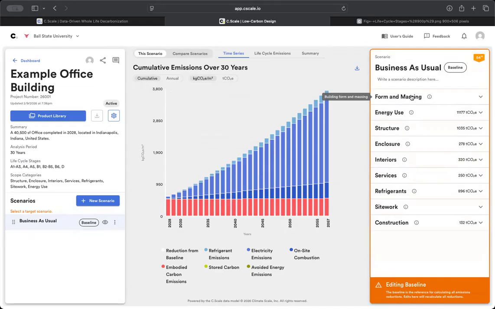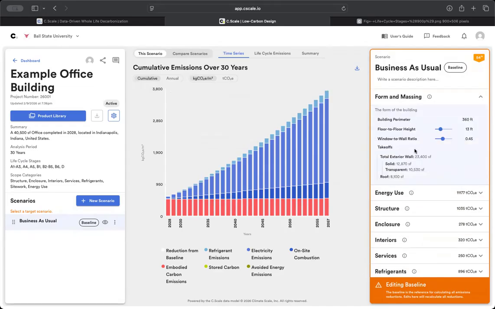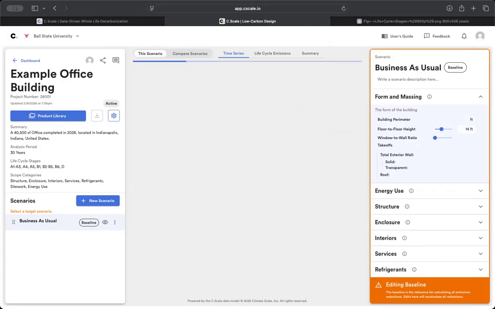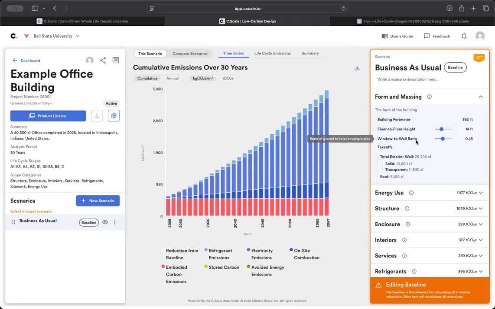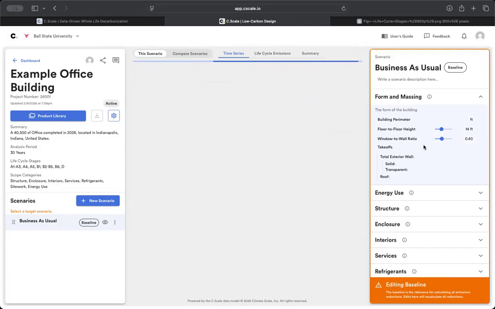So I'm going to open this up, go to form and massing. I'm just going to quickly give you a preview of each one of these. So building perimeter, 360 linear feet, floor to floor height. I'm going to actually tweak this. I'm going to assume 14-foot floor to floor heights, window to wall ratio, 45% is a bit high. I'm going to assume 40. Okay, and then